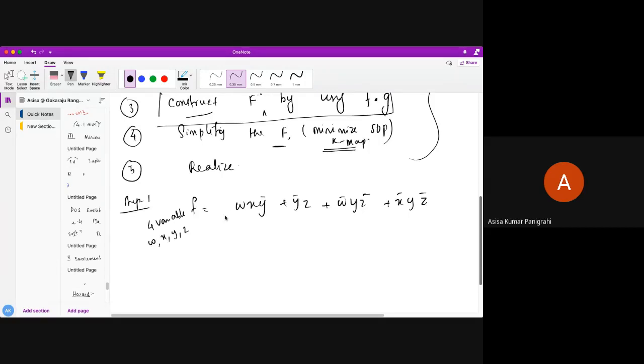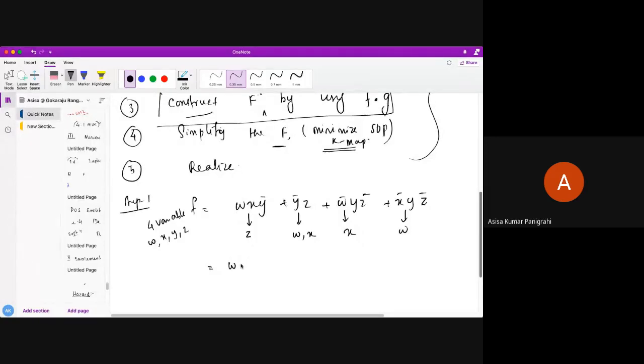Now, in all the terms you see here, all the variables are not present. So you need to convert. First, you have to identify the missing variable. Here, the missing variable is Z. Here, the missing variables are W and X. Here, the missing variable is X. Here, the missing variable is W. So you know that this is not my canonical SOP. You know how to do it. For each missing variable, what you need to do is just AND with one over there.